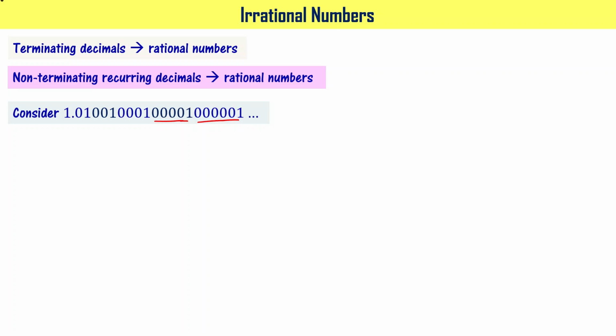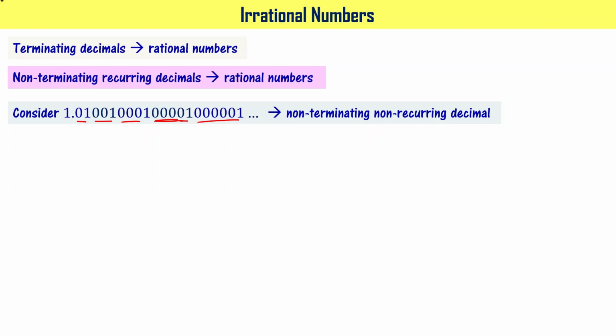At the same time, there is no periodicity. Here 1 comes after 1 zero. Here 1 comes after 2 zeros. Here after 3 zeros. After 4 zeros. You remember when we have seen other cases, the periodicity is a fixed number, it means every 6 digits it may be repeating. Here there is nothing like that. It is non-terminating and non-repeating. Let's say that it is a non-terminating and non-recurring decimal.